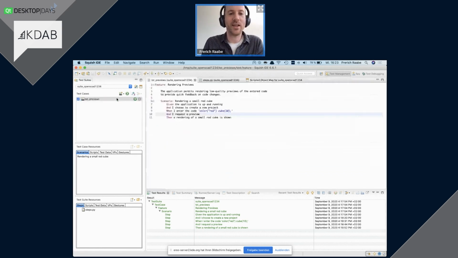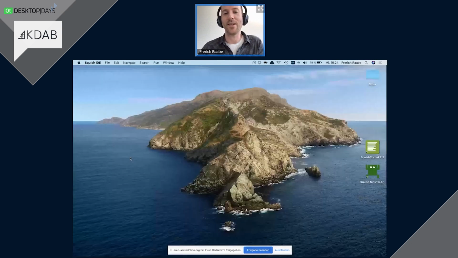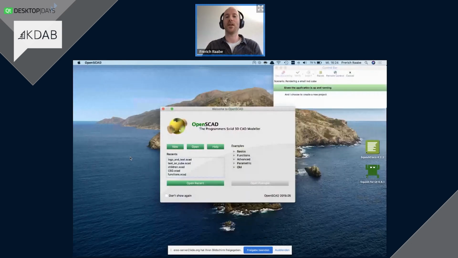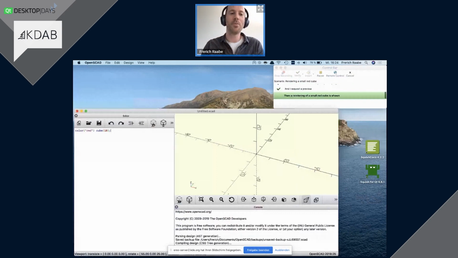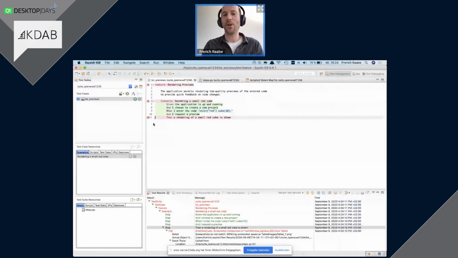So we created a very first scenario, no warning icon shown anymore. Let's try running it. I can run it by clicking this little play button. And when doing so, Squish will repeat my actions, but a lot faster than I just did. So let's see whether we can actually see anything. You see the OpenSCAD application showing up. Squish clicked the new button, entered the code, clicked the preview, and immediately stopped. So it was quite fast. But for some reason, something failed.